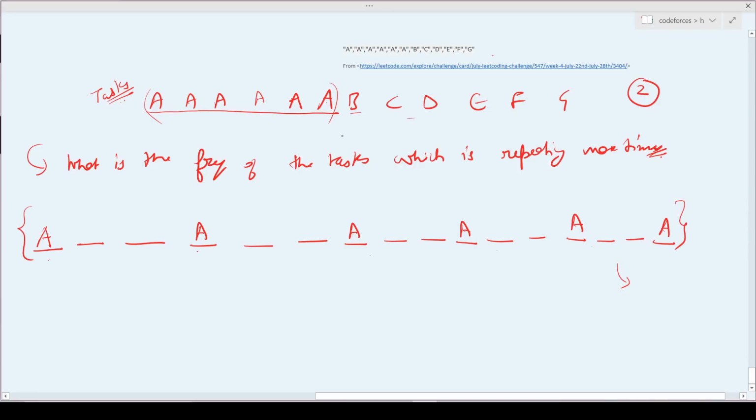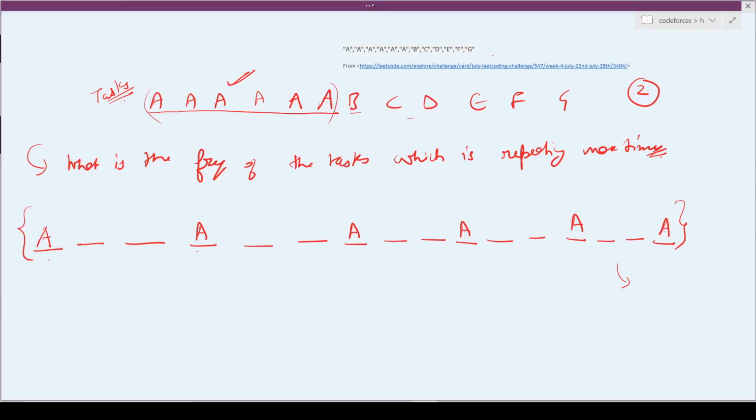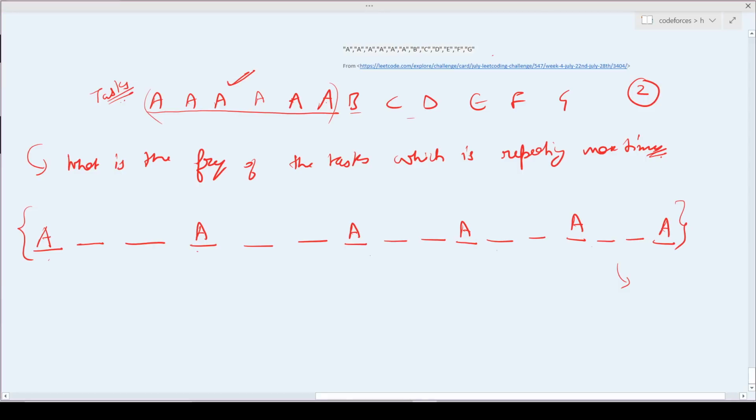What I mean by allotment is that I know the maximum frequency is of a, so I allotted all these slots in here. Suppose I had b, so let us change the color and see. If I had b, I can place b here. If a and a are here and I place my b between them, the interval between them would be at least 2, right? So I can also place b here, b here, b here, another b here.